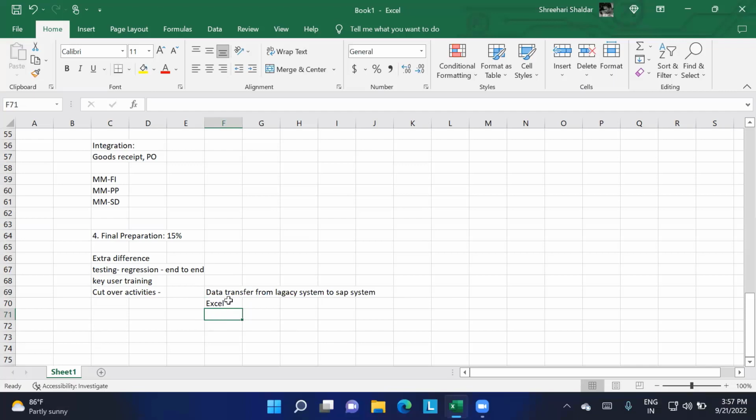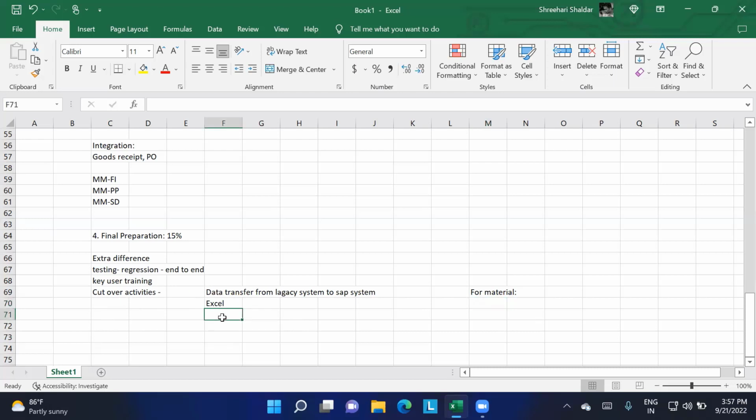They are going to fill that entire Excel sheet. Let us consider it for material. Anyway, at the end I will go through the LSMW, and at that time you can clearly understand this part. For material, we create a format of the Excel sheet and give it to the end users. They have to fill in whatever materials are there under their company, everything, and give it to us. Once they provide the data, we will upload the data into the SAP system.